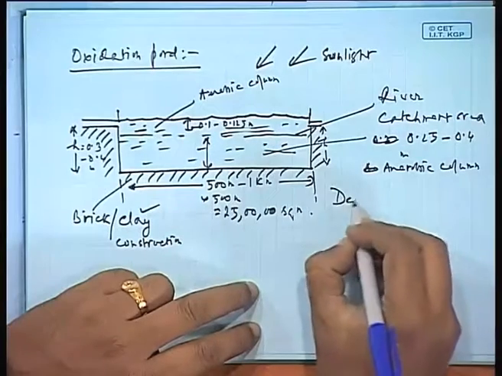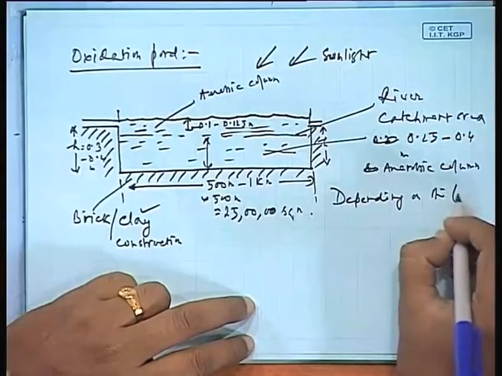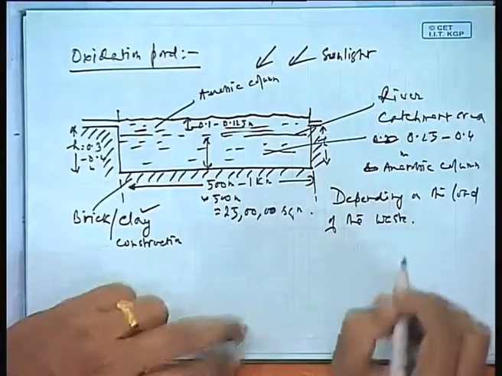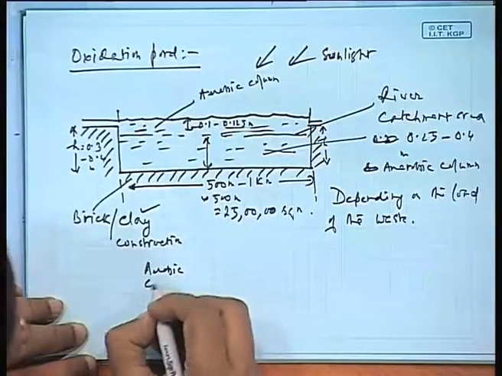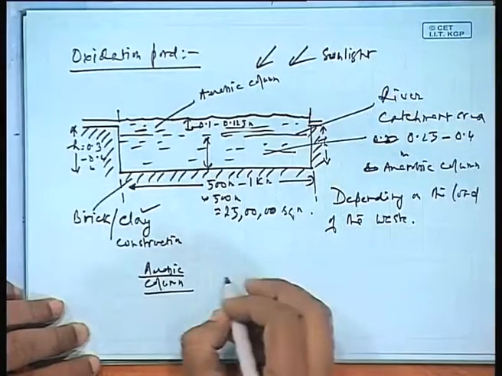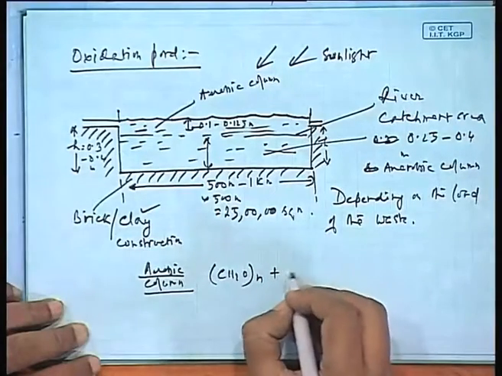Depending on the load of the waste, we find that there would be an aerobic column and an anaerobic column. What would happen is, in the aerobic column, what we find is, as I have said, mostly in the presence of sunlight,